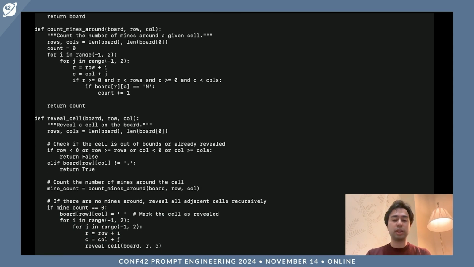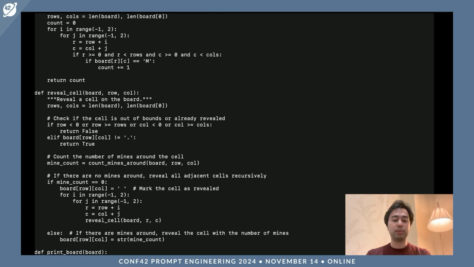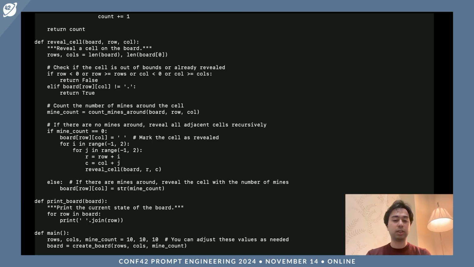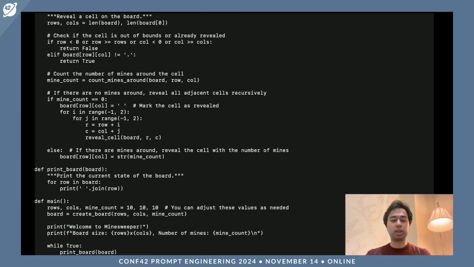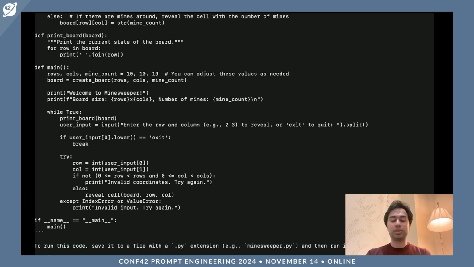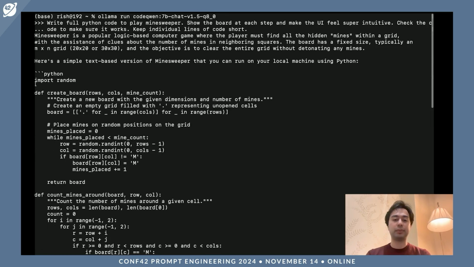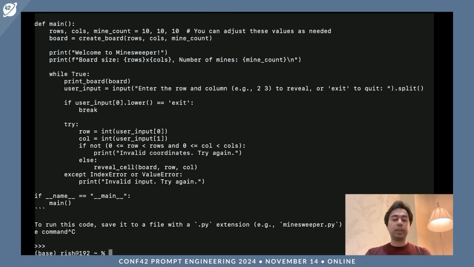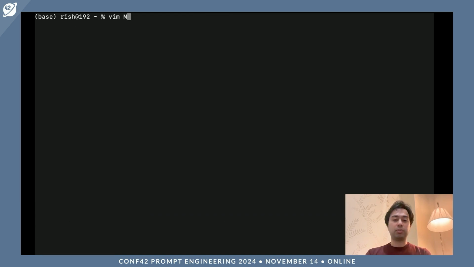It's a bit slower running on memory, even though it's a smaller parameter model. Presumably, it's not as optimized as Llama for MacBooks. So I'll give it a second to just finish coding. Almost there. All right. There we go. It's finished its code, given some description. Now we'll go ahead, copy the code, and follow the same procedure where I'll create a Python file called minesweeper q7b.py, paste the code, and then I run it.